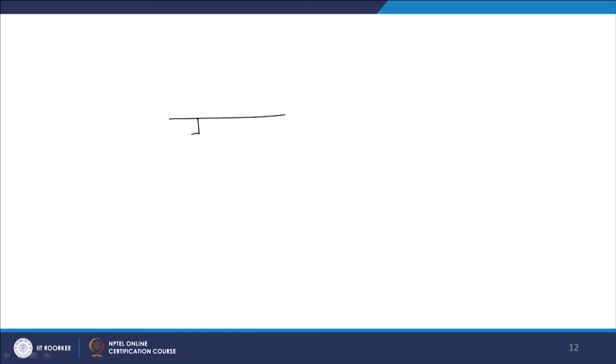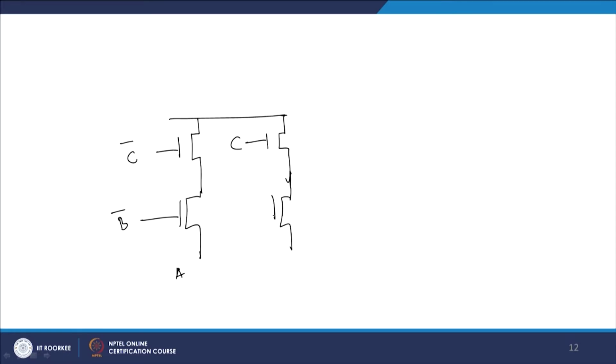Let me show to you a basic XOR XNOR complementary logic. XNOR OR, so it is basically a 3 input logic gate, and it is basically a pass transistor logic. So, let me draw for you, right, and I will explain to you what these terminologies are. So, this is C bar, this is B bar, this is A, right, A, we have then C, and then from here we do B, this is B, again I have A here, but this is A bar here, and then I connect this to